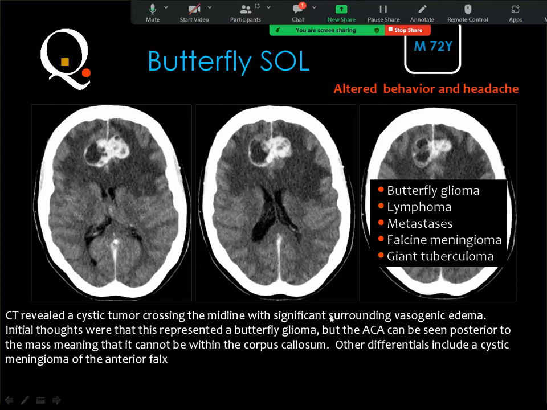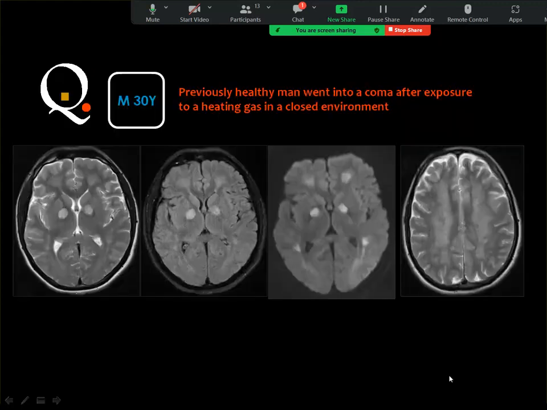But on top of the list, of course, whenever you are confronted by a lesion which is heterogeneously enhanced, you think of butterfly glioma. Whenever you are asked about the differential diagnosis, you say lymphoma, then metastasis. This is a male patient, 30 years old,